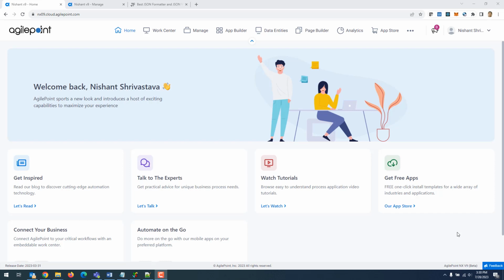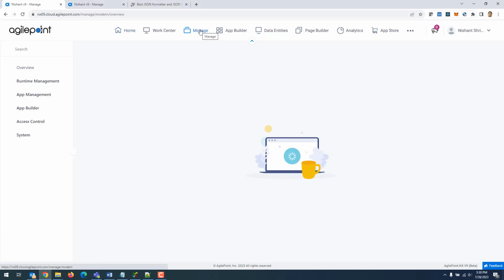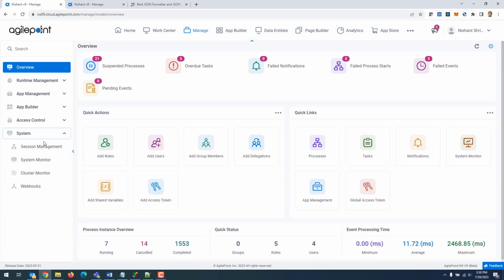Let's look at this feature in action. So I am in my demo environment over here, and if I navigate to Manage, under System, there is a new option called Cluster Monitor. This option is only visible if it is a clustered environment with more than one AgilePoint server running. This menu option is also controlled by a permission. By default, it is visible to the system admin account only, but if you go to Manage,